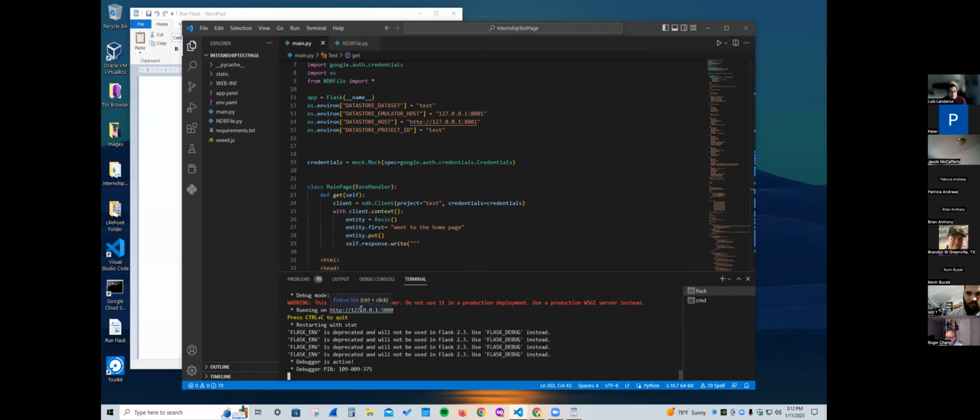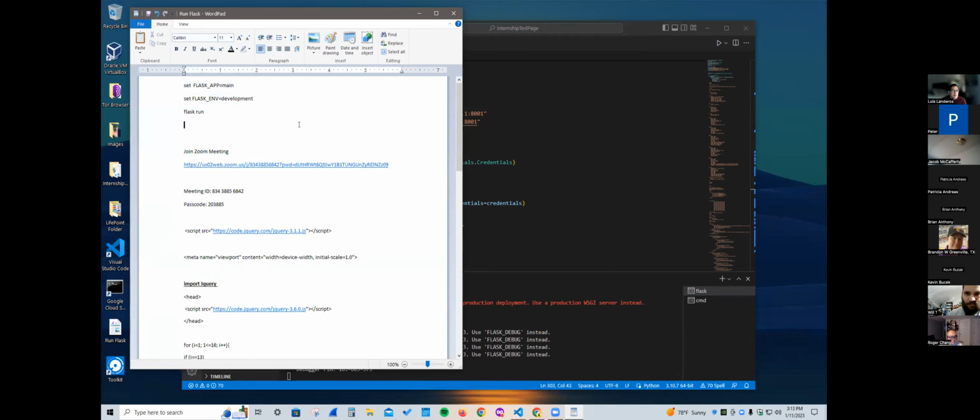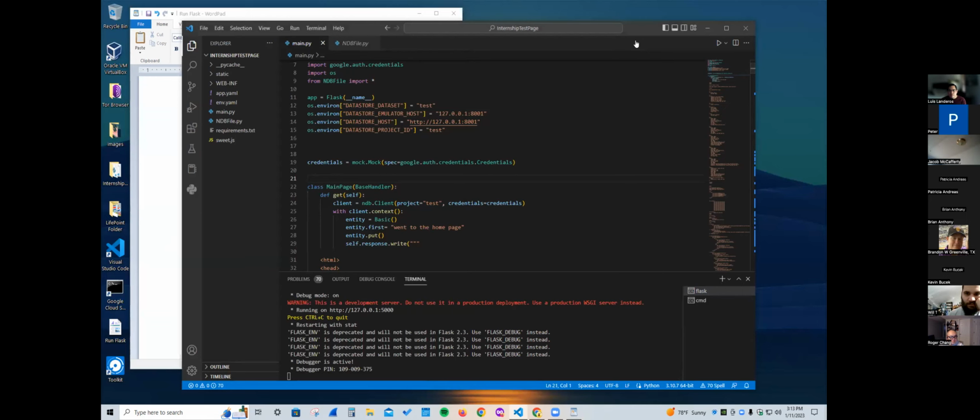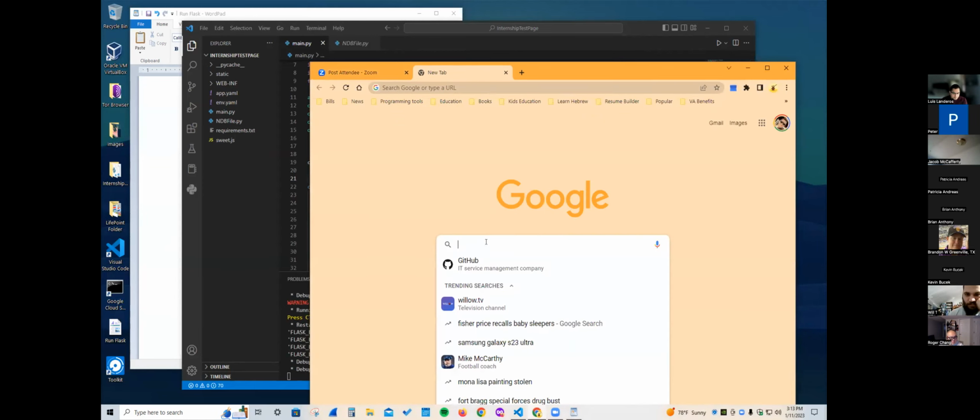It should be on GitHub, step 6, and you should paste that in your Word doc, because every time you run it, you're going to need to use that from now on. So go ahead and open there, go to GitHub,